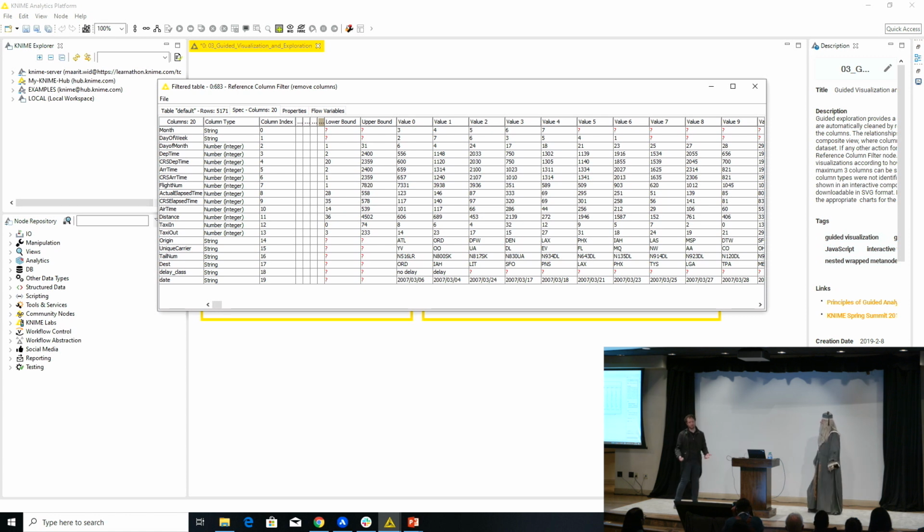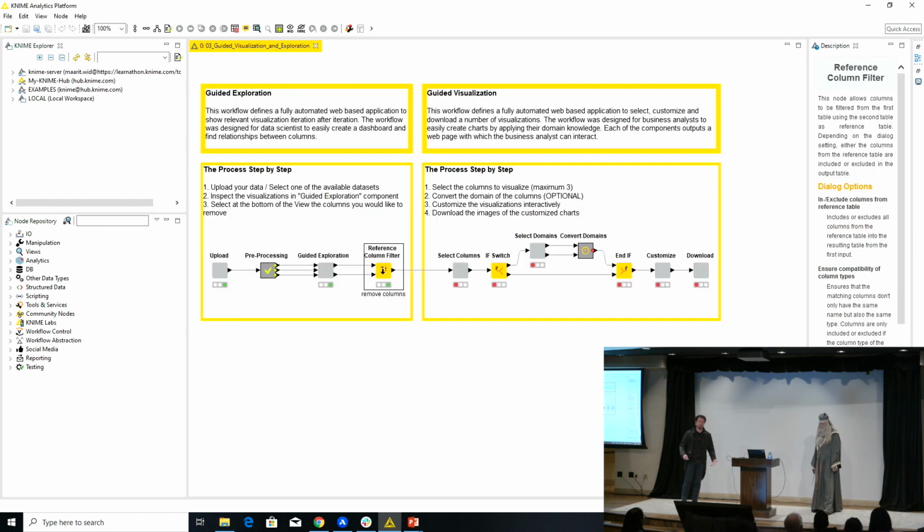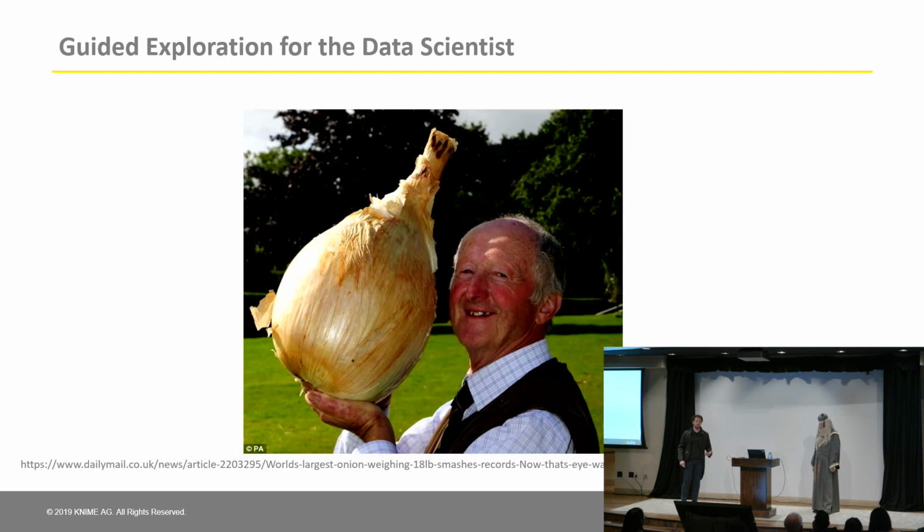All right, that's correct. If you have really hundreds and hundreds of columns, this is something that doing a single time won't work, right? That's why we need to create a guided analytics application that does this recursively. And we can do this in KNIME. We will need to actually,